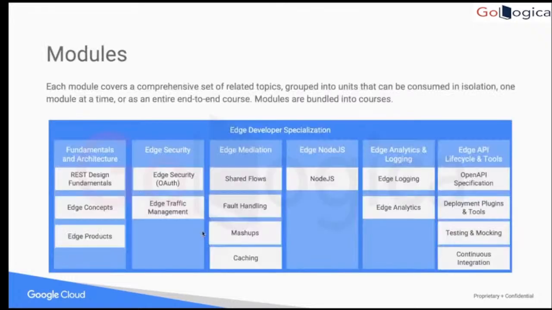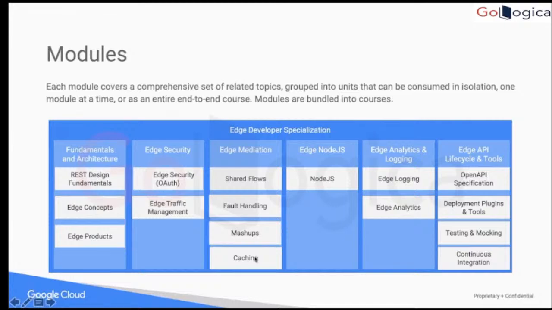So these are the overall training modules, if I can divide them. We'll start with REST fundamentals, then Apigee Edge basic concepts and Apigee Edge products, and then we'll move to Apigee Edge security, the out-of-the-box security features. We'll cover OAuth and traffic management, like rate limiting and spike arrest features. Then we move to other things like shared flows, fault handling, and how we can do mashup and orchestration on Apigee,